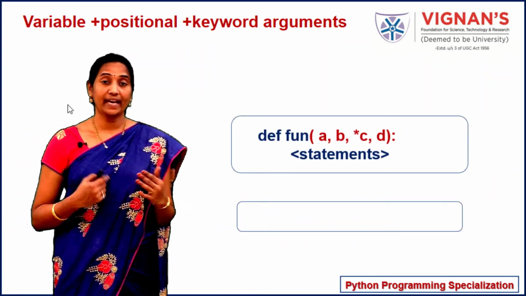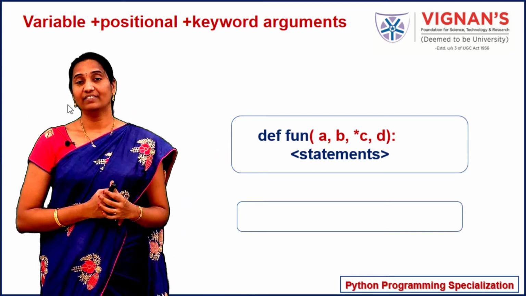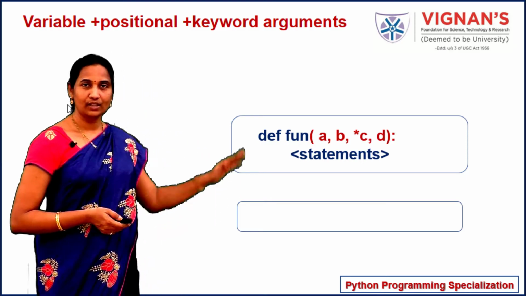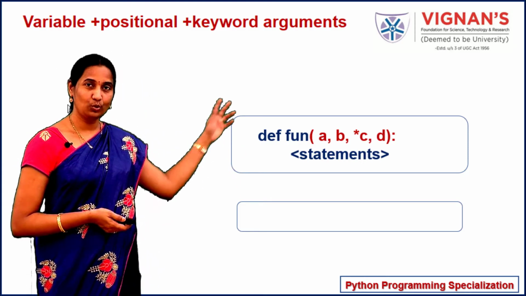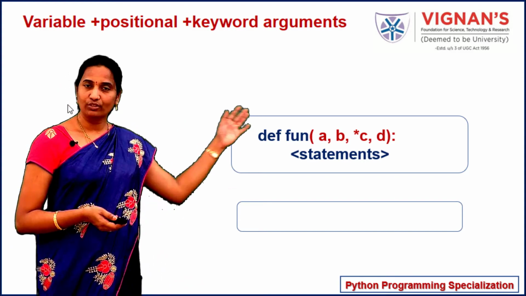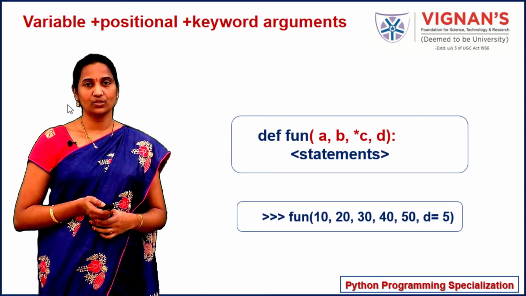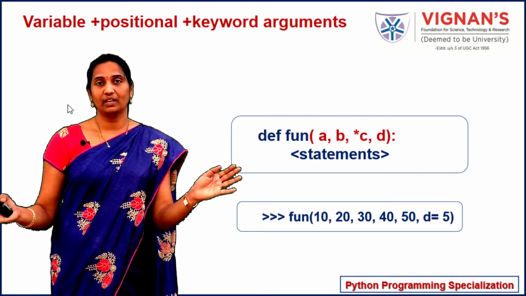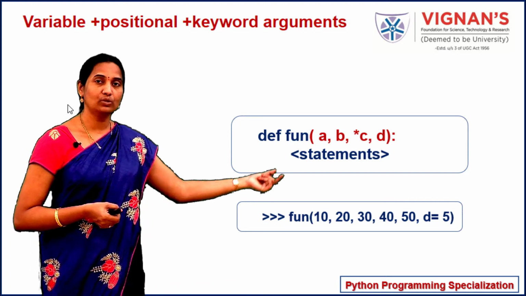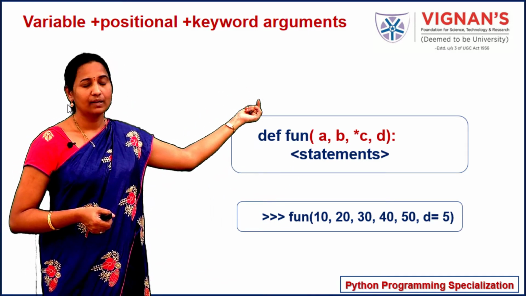And then let's see how we can combine the variable length arguments, the positional arguments, and also the keyword arguments. All these three combined together, how they can work. So consider this function fun, which has two positional arguments a, b, and c is the variable length argument, and of course d I am going to define as a keyword argument. So I am calling this function fun with a collection of elements. You can observe that the last argument is a keyword argument because I am using the parameter name there, and the first two parameters a, b are the positional parameters.